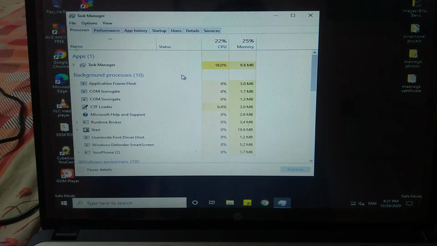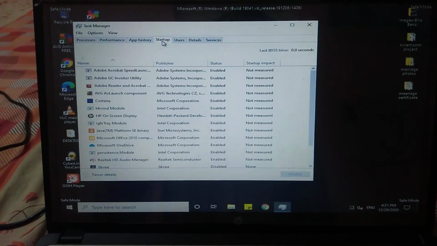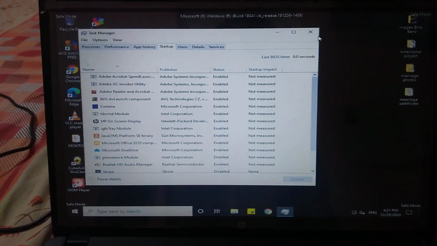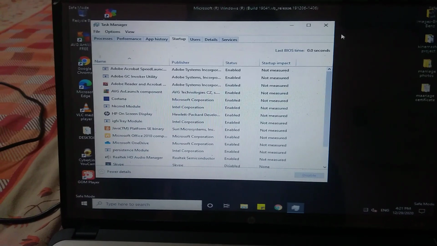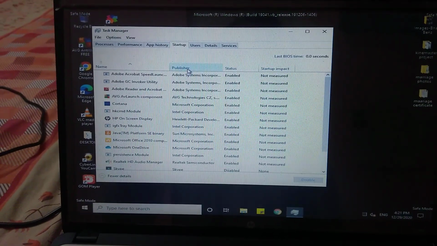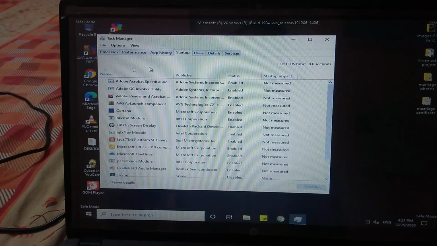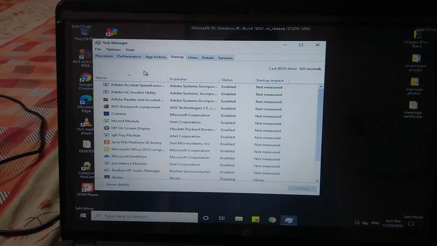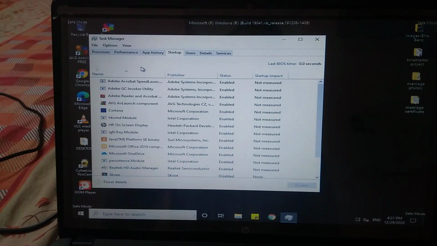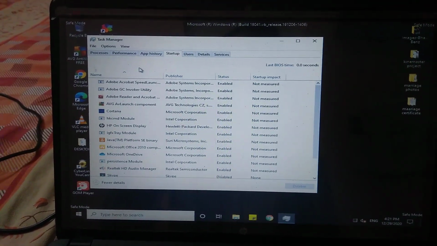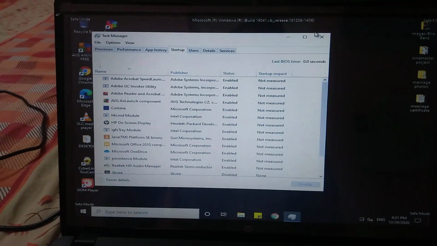So go to your task manager, click on startup and disable all these things, then close it and restart or come into safe mode again, and observe which option is enabled again frequently, without your input. That is the culprit, guys. If you uninstall it, then your system works perfectly fine.